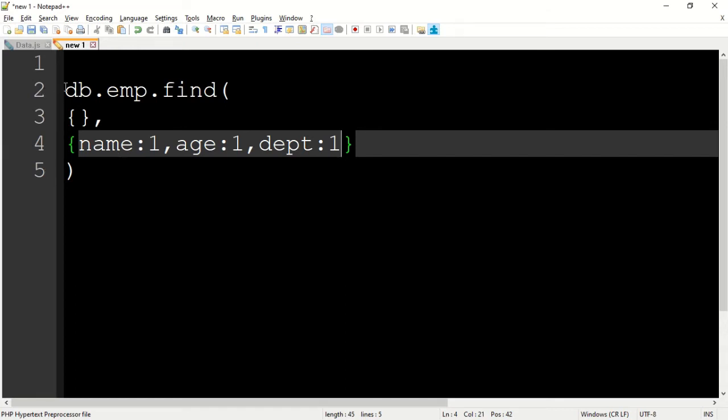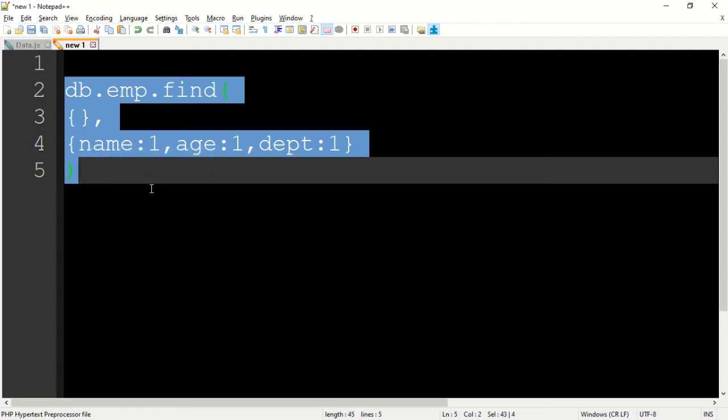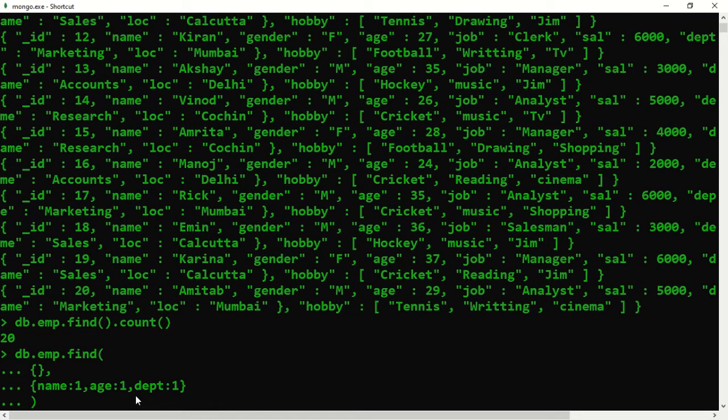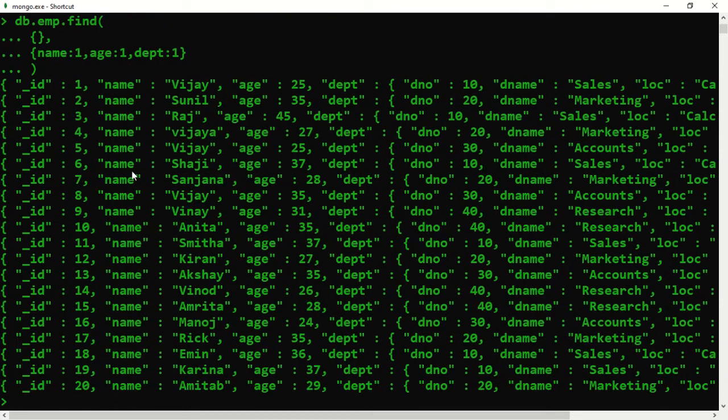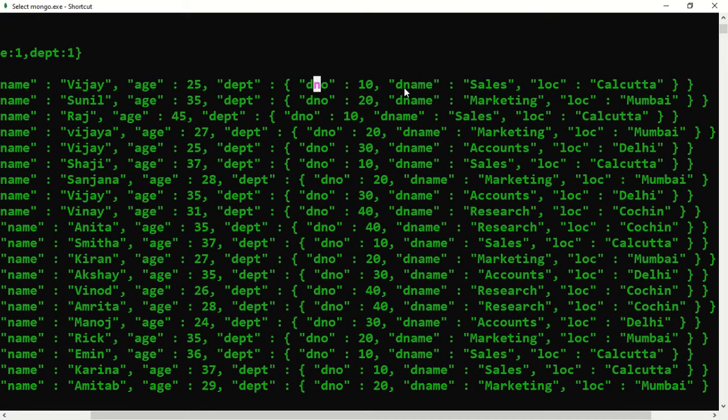Let's copy from here to here, right click, copy, and go to the shell, right click to paste, and press enter. Now it is a little bit neat: 1 to 20 records, and the department is a sub document which contains dname, department number, and location.